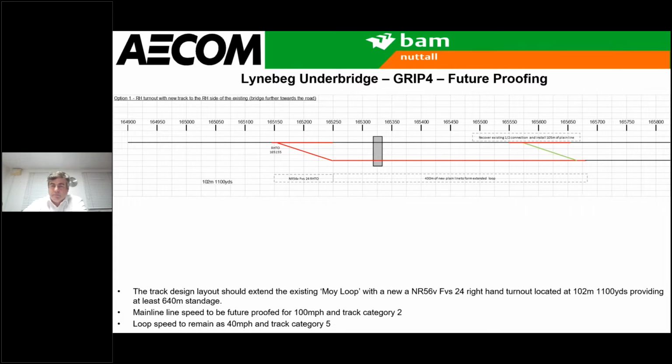So as the entry to Moy Loop is a right hand turnout, then by far the simplest solution for the PWA would just have been to remove that turnout, extend the loop line further south as shown on that little diagram, and put the right hand turnout into the existing single line. But the problem that gave us is, next click, Stuart,